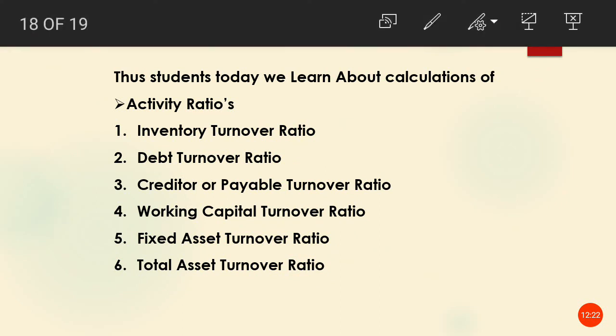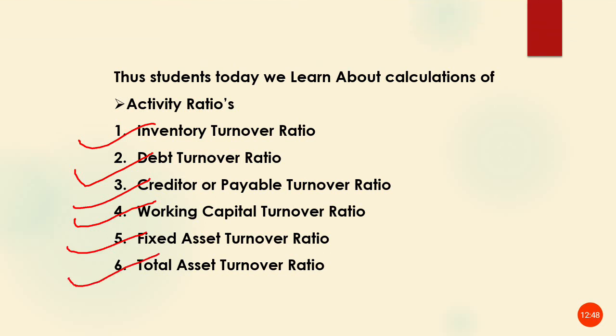Students, today we learned about the activity ratio and its calculation, such as: 1. Inventory turnover ratio, 2. Debt turnover ratio, 3. Creditors or payable turnover ratio, 4. Working capital turnover ratio, 5. Fixed asset turnover ratio, 6. Total asset turnover ratio. Hope you understand